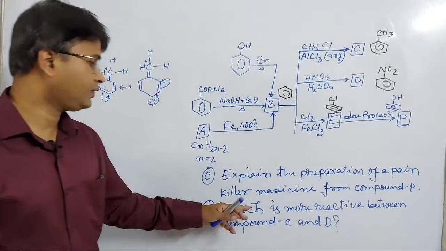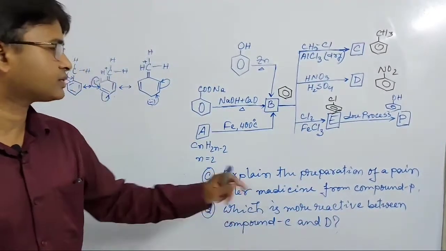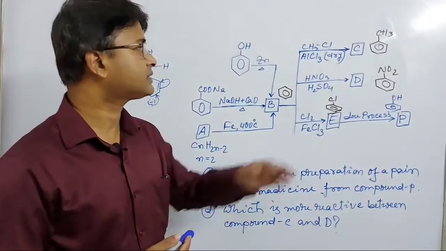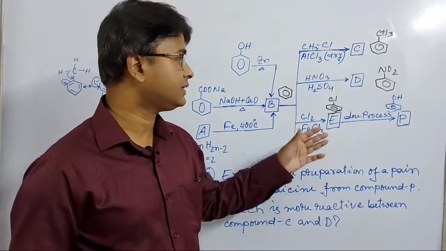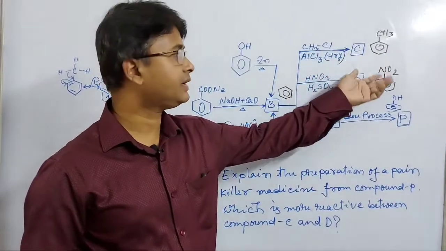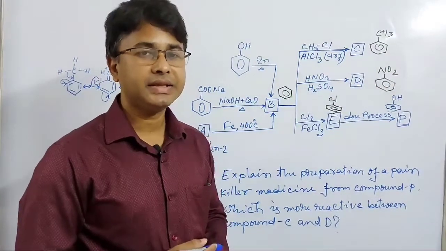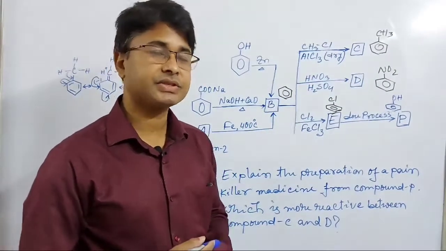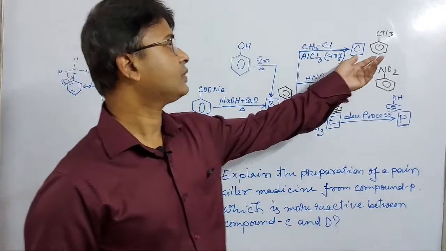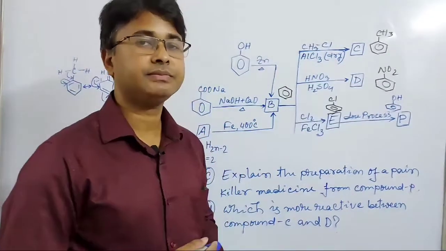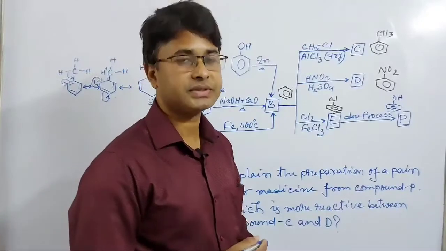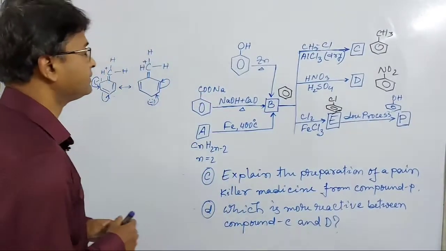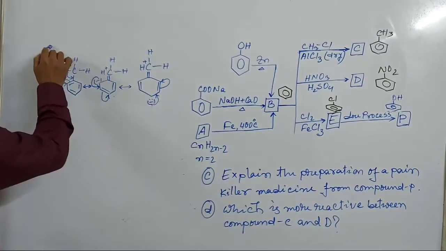Question number D: which is more reactive between compound C and D? Compound C means toluene and compound D is nitrobenzene. Actually both toluene and nitrobenzene give electrophilic substitution reaction. Toluene is more reactive than nitrobenzene in electrophilic substitution reaction. What is the reason? The main reason: